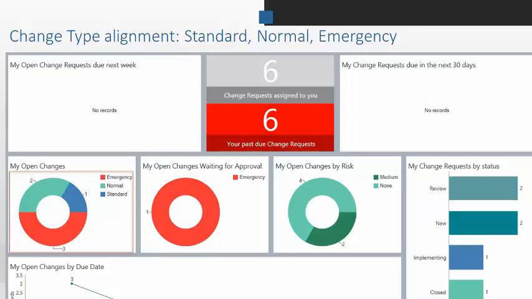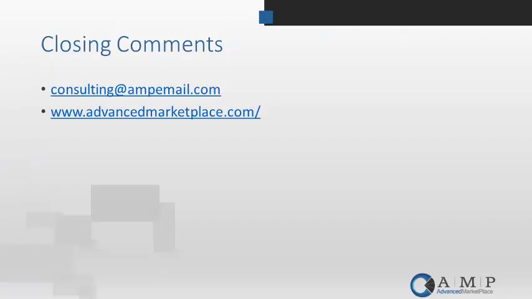Sherilyn, are there any areas from an implementation perspective that stick out for you that we want to bring up? No, I think the stuff that you went through are key elements that show that Cherwell really does align with ITIL and best practices. So it really is a good foundation for which to start your tool implementation. So at this point, I think we've covered most of that.